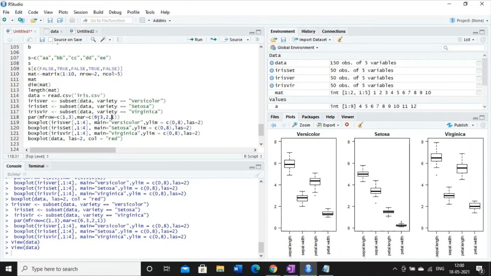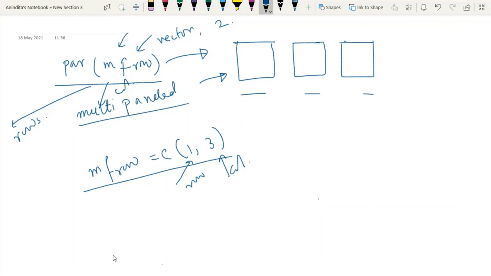Now you will understand the meaning of 6, 3, 2, 1. 6 means the margin of the bottom is 6, the margin of the left is 3, the margin of the top is 2 and the margin of the right is 1. So this is a trial and error method.